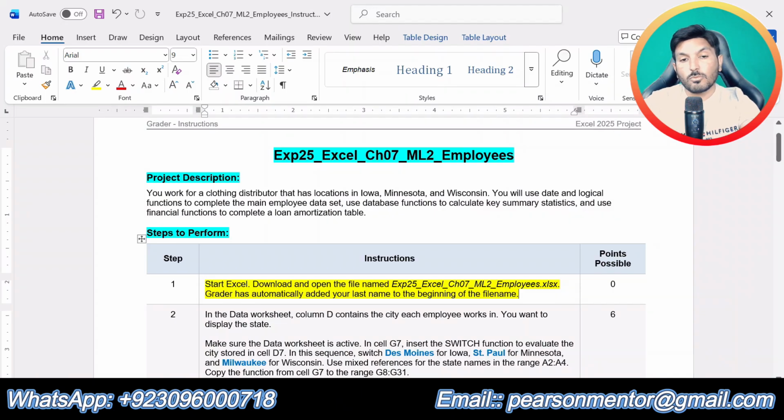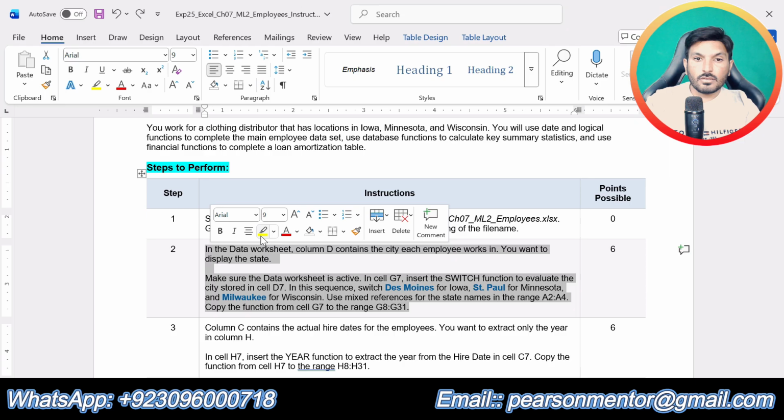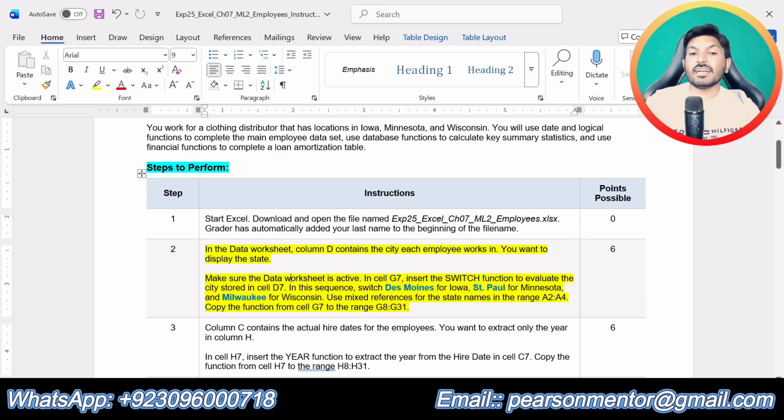Now we are going to move to step number 2. Step number 2: in the data worksheet, column D contains the city each employee works in. You want to display the state. Make sure the data worksheet is active. In cell G7 insert the SWITCH function to evaluate the city stored in cell D7.